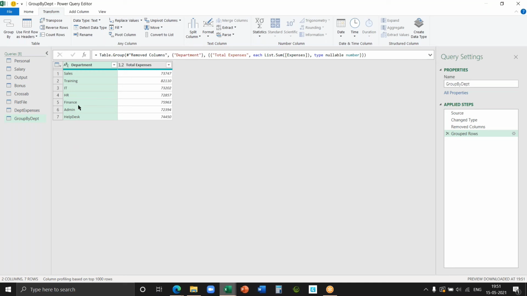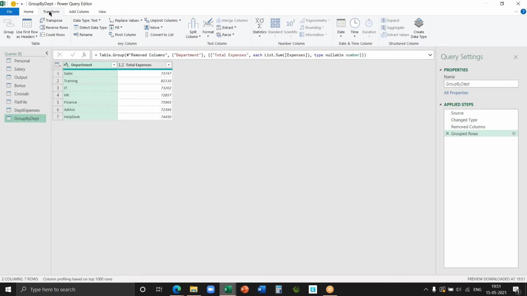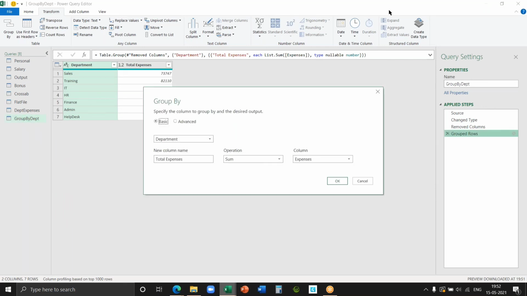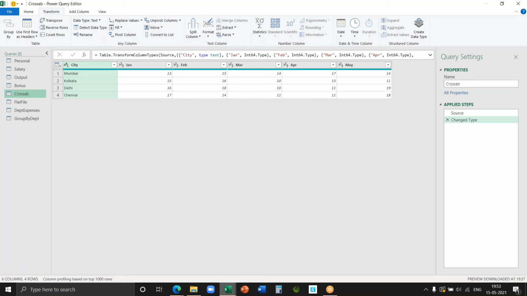You can do group by separately. So just import that file here, the sheet here. When the data is here, click on transform and group by. But make sure you create a duplicate and remove that month column. Have you understood, all of you, the concept of group by? Grouping the values which have more than one occurrence, against a numeric column, we are applying a functionality. All right, next, this one.